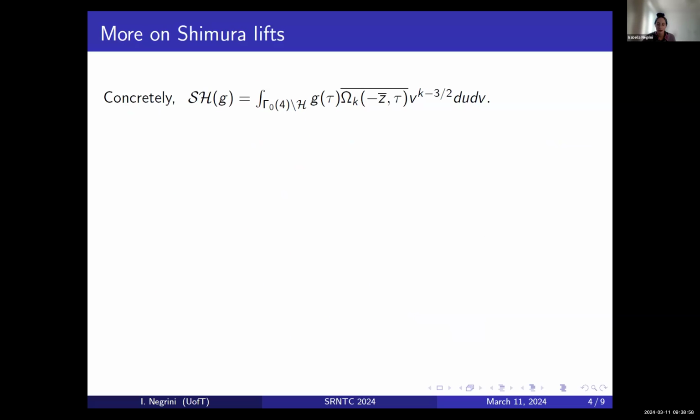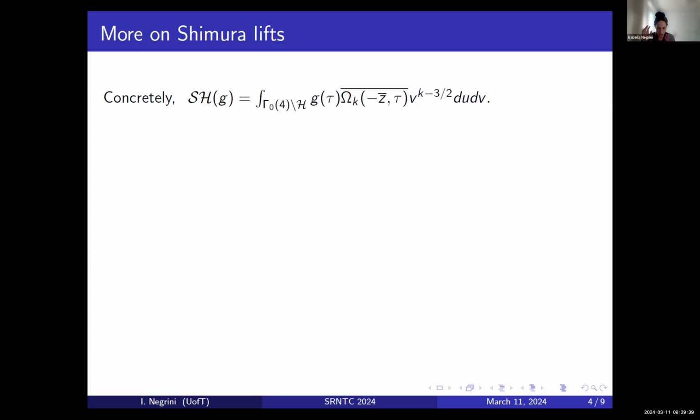So now I'll show how we can use omega or omega hat to define the Shimura or the rigid Shimura lift. So normally the expression that we see for the Shimura lift is the following. You pair with the Petersson inner product the kernel function omega k with G. So let's say G is a half integral weight form and you want to compute Shimura of G, and then you pair G with omega. Because for tau, both G and omega have half integral weight, this integral kills tau, then you're left with Z, and so you're left with an integral.